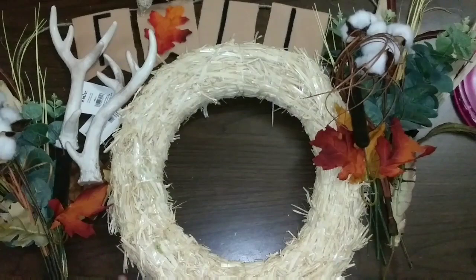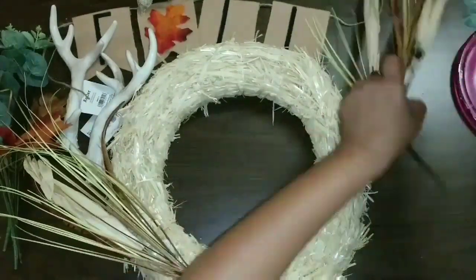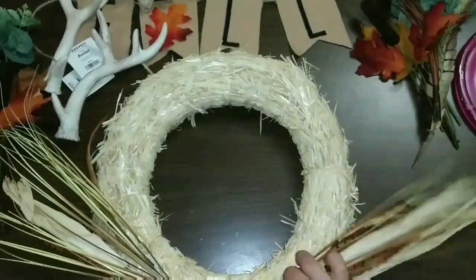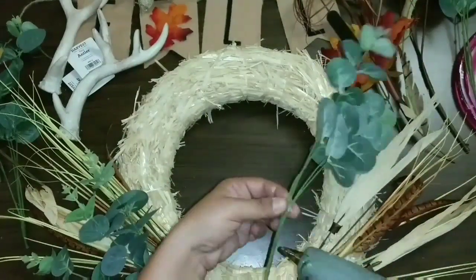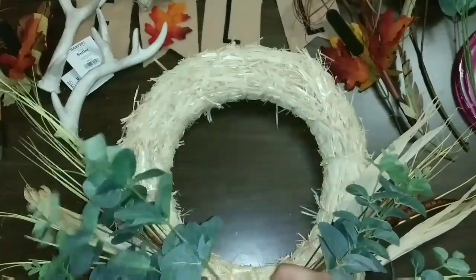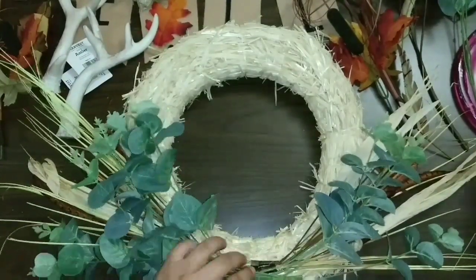So let's get started. First, we're going to start adding these branches from Walmart. Those are 97 cents and are the ones that come with corn husk and feathers. Now I'm adding some eucalyptus I bought on eBay. I'm going to add 4 branches total, 2 on each side, just like that. And as you can see, I'm just gluing them to my wreath,